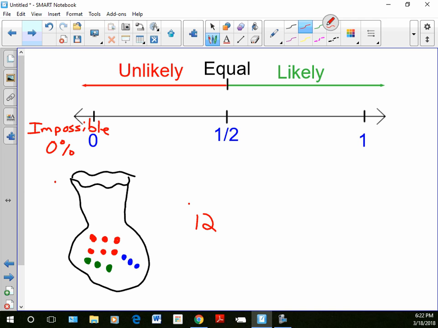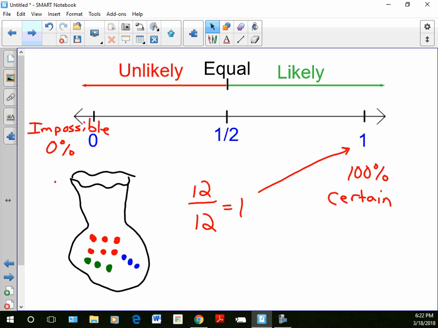So that would be a 12 out of 12 chance. 12 out of 12 is equal to 1, which is this number on our number line. So that would be 100% chance of getting what I want. Probability, that's called a certain. I am certain that I will get an outcome that I desire, because I said, what is the chance of